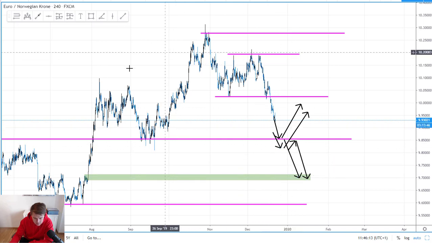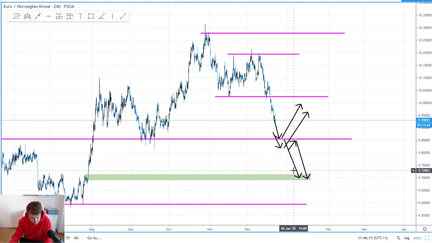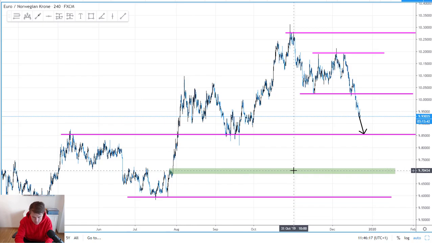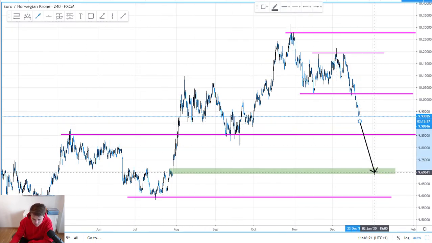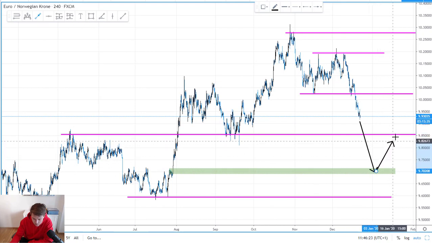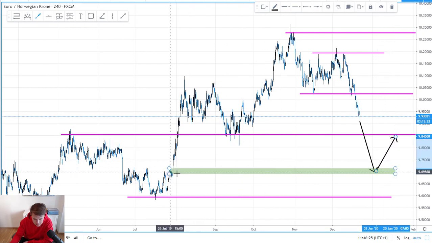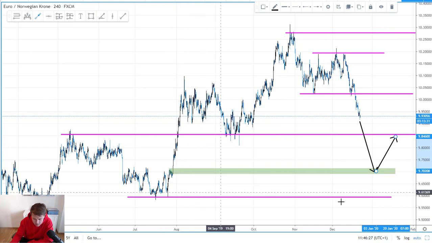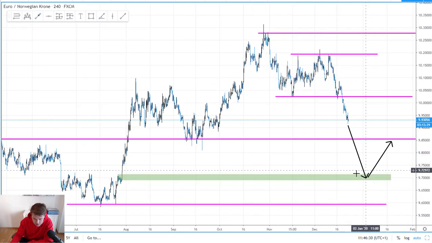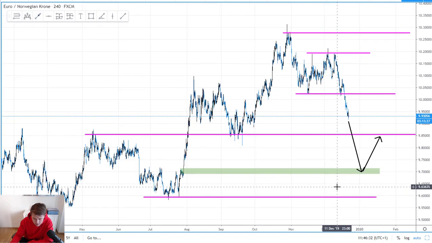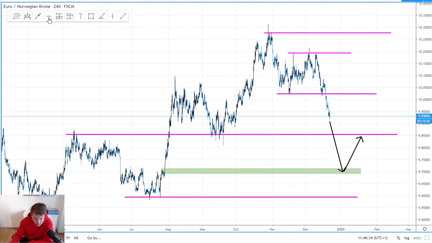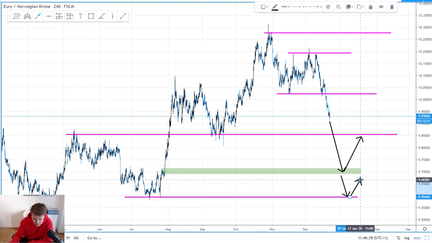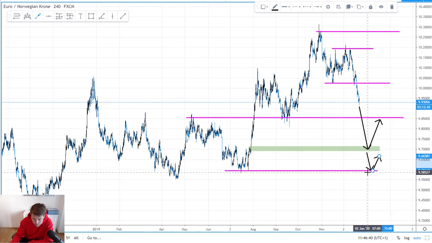If the market sells off, let's try to get rid of all this. Let's see. Okay, this works. If the market completely sells off, you could wait for the market to get here, wait for a reversal. This is a pretty fresh area here. The demand area hasn't been touched yet, so there's a good chance that you will actually see a breakout or a reversal, or you wait until the market gets completely here to the low, and then you see either a reversal